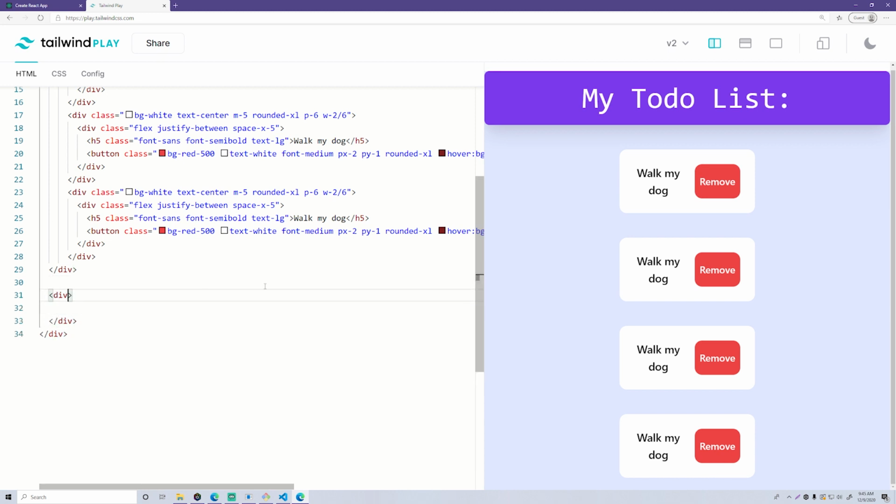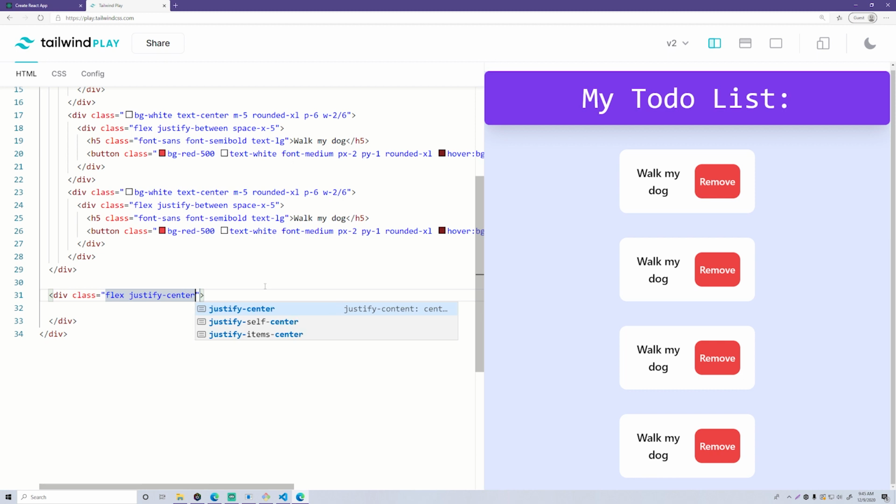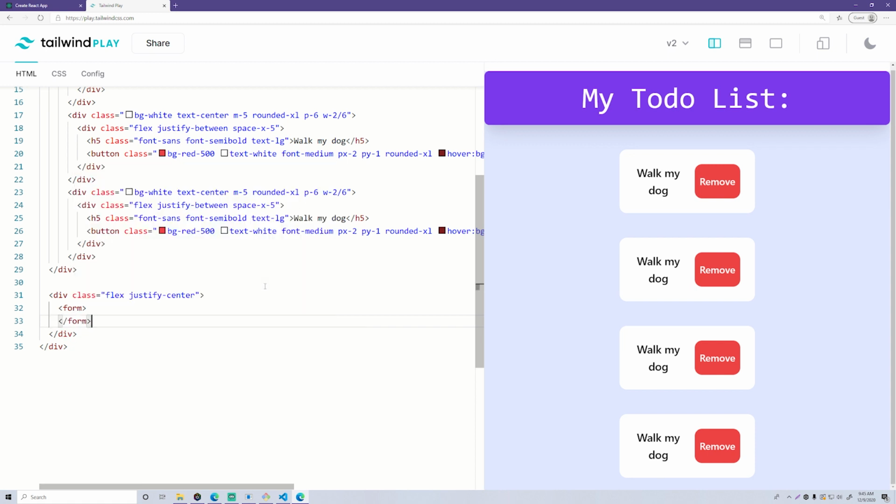Okie dokie, let's put a class on this outer one, and we'll do flex justify center, so it'll be centered basically. And then we'll have a form, since we're going to have an input box and a submit button here to add new stuff. So a form, okay. And inside that form we'll have another div.